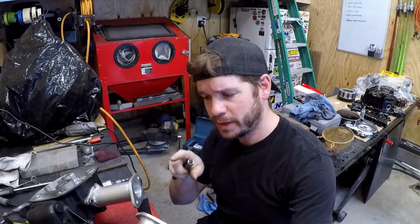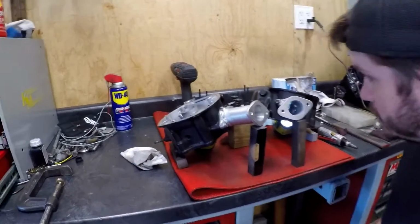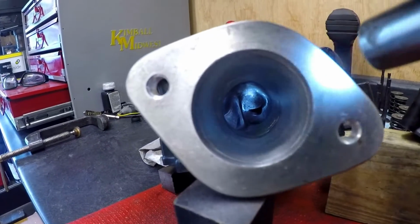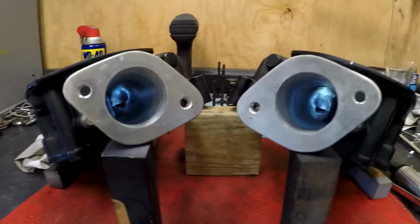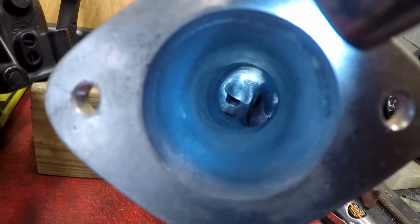Alright guys, so I have spent a little bit more time on these intake manifolds as well as the heads, and I think I have them pretty dang good. So if you can see inside here, we have our smooth transitions into the head. I know it's hard to see here,